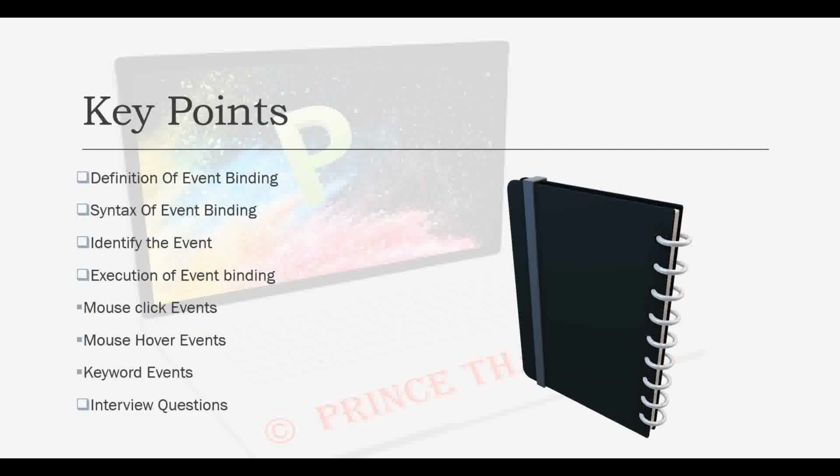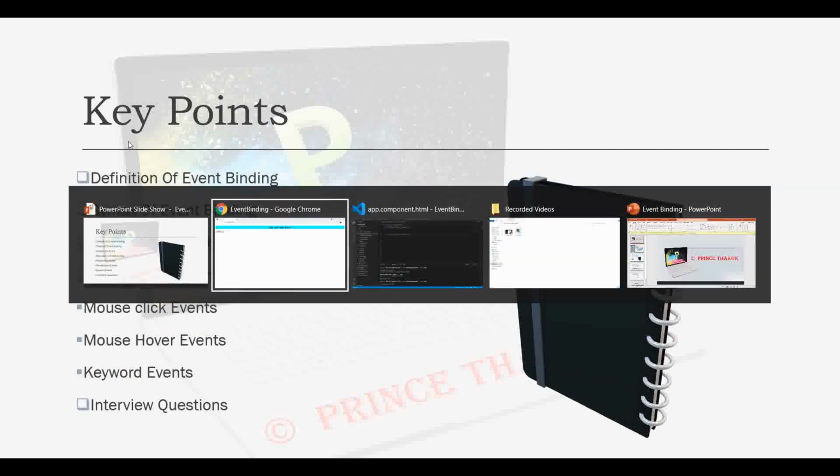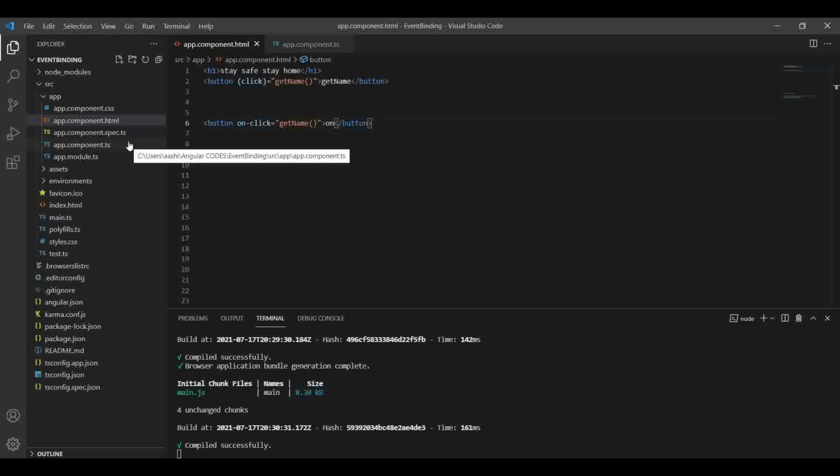Now I will go for point number three, that is identifying the event. For identifying the event I have to use a keyword called event in my ts file.